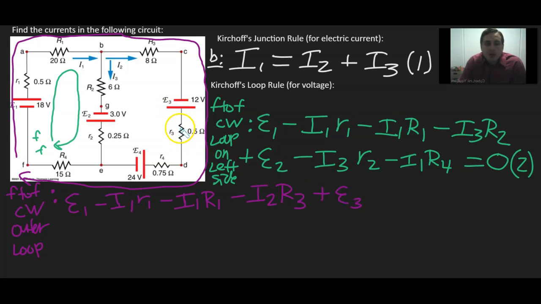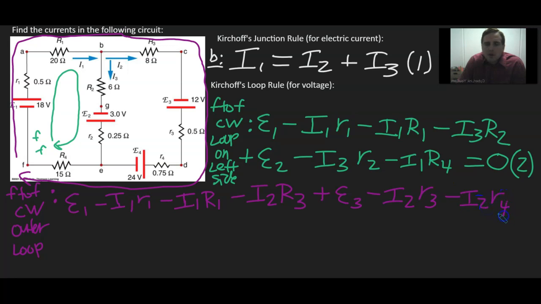Then we're going with the current, that is I2, because I2 is on this entire section, the entire right-hand part of the wire, if you will. And then we're going across R3, lowercase r3, so that's minus I2 R3. And then we're going across the internal resistance of this battery 4, so that's minus I2